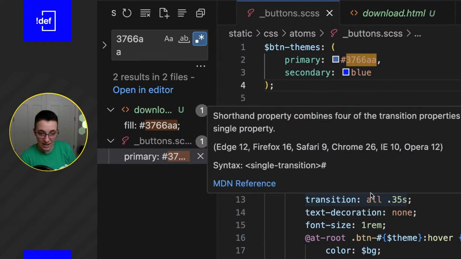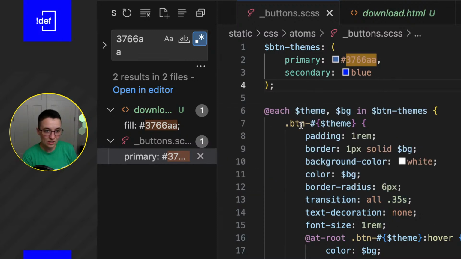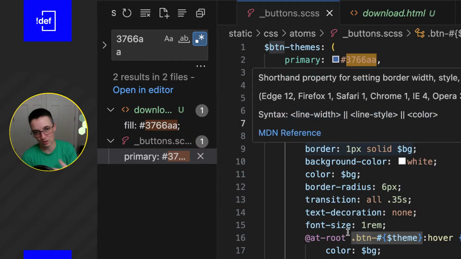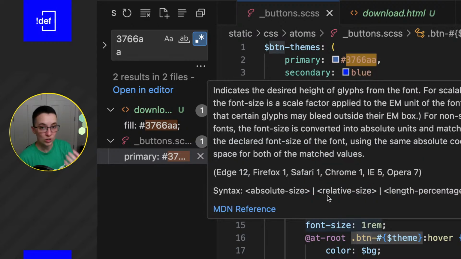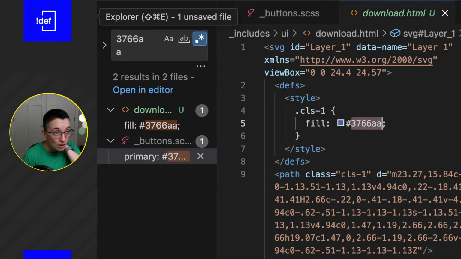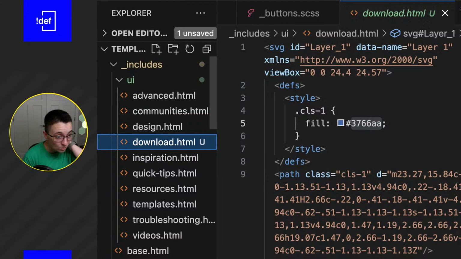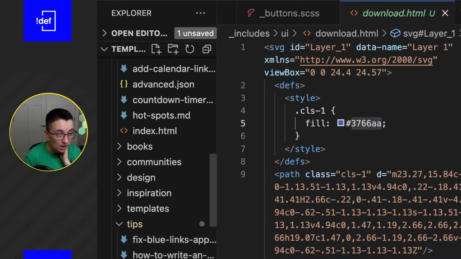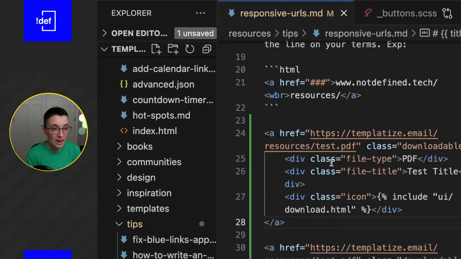I'm not going to do that right now, but what we need to remember is that what we're doing is very much similar to Bootstrap, where it's got your .btn as the class, and then it's dash whatever the theme is. So in this case, primary, secondary, etc. So let's go to a content page. We're going to go back to our one that we've been working on, and let's